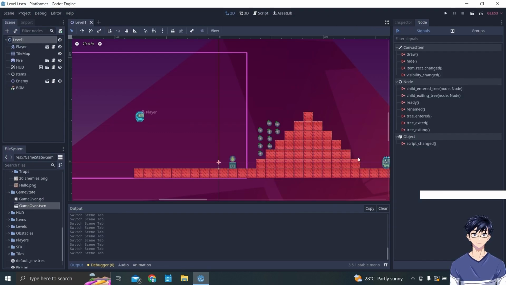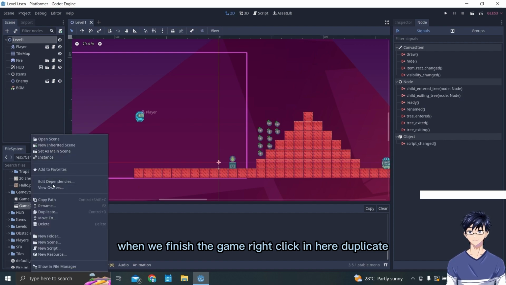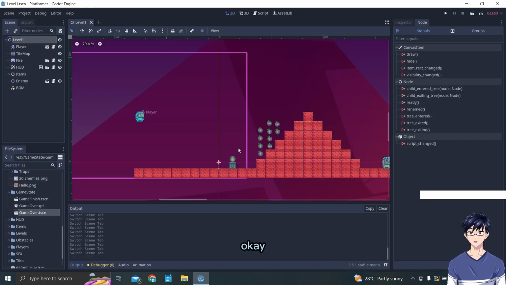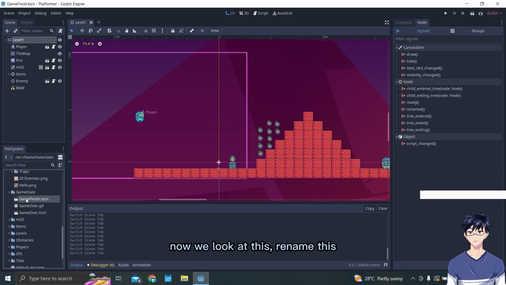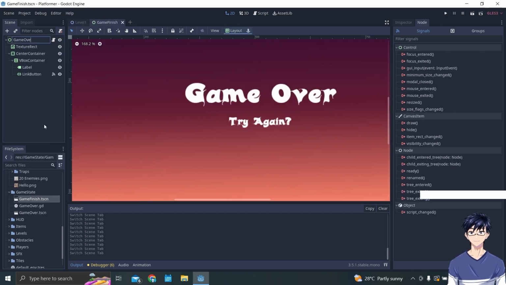After that I want to create a new scene for when you finish the game. Right click here, duplicate, and rename it game finish.